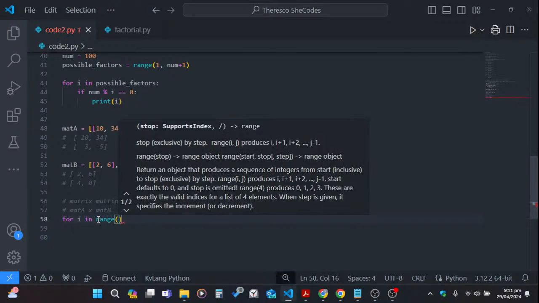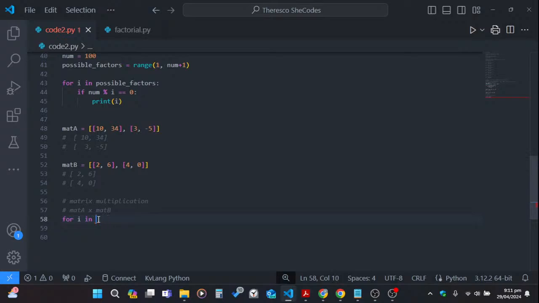So let me define a range of values. Let's say 1, 2. So I can be 1 or 2. Then for J in another range, which is 1, 2. Okay, so for our first calculation,